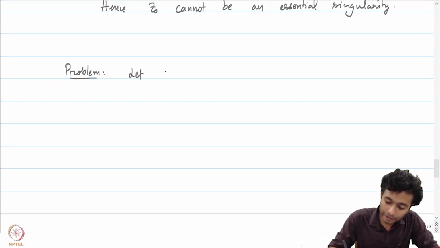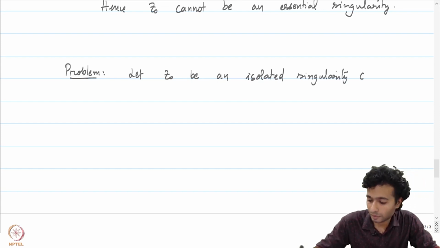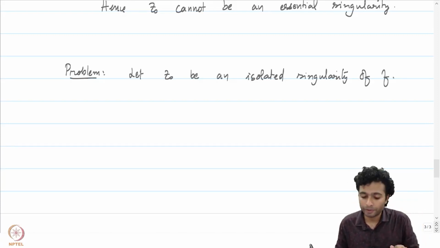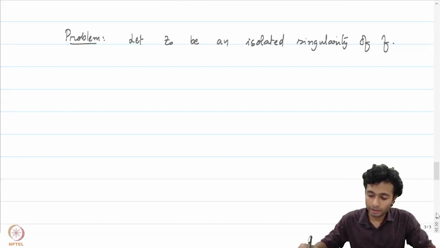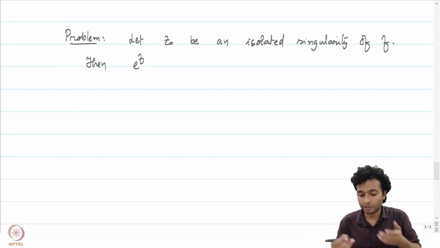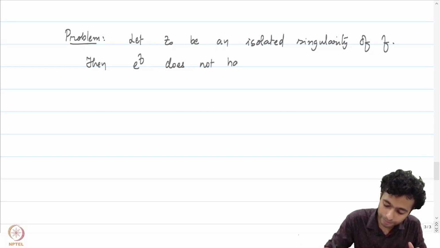Let z0 be an isolated singularity of a function f. That means that f is holomorphic on D(z0, r) minus z0. I'm not talking about the type of isolated singularity. The problem here is to show that the function e to the power f, which is the composition of the exponentiation with the function f, does not have a pole